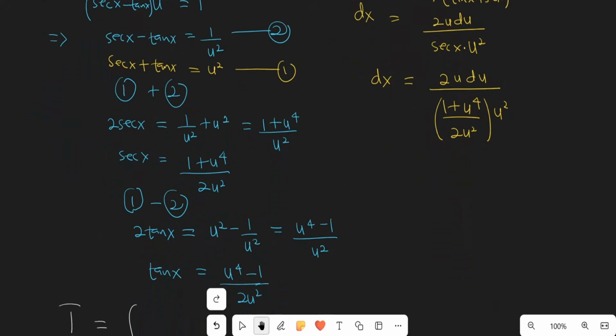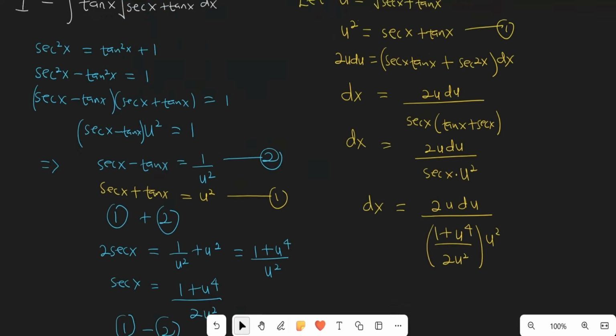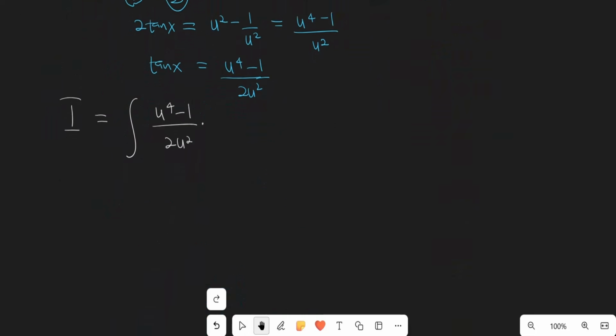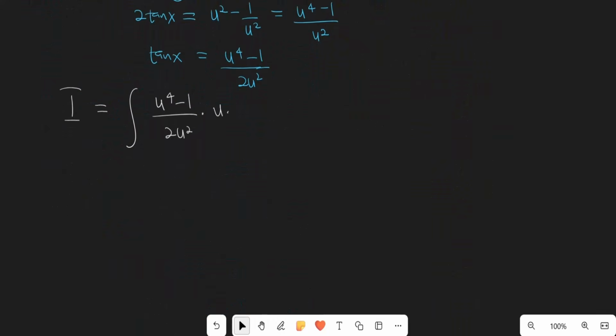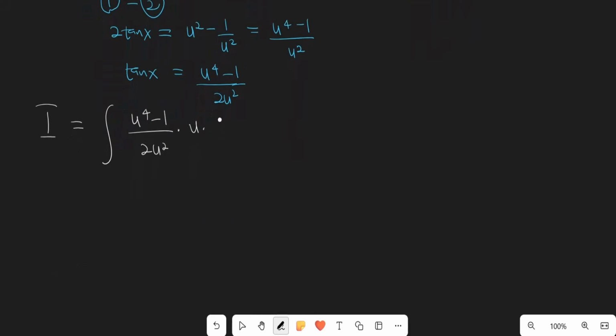So the tangent of x, we just found that to be this one. That is (u^4 - 1) all over 2u squared, multiplied by the square root of the secant of x tangent of x, which is u. That is our u sub, right? So that is multiplied by u times dx, and dx is this guy. So dx is 2u du